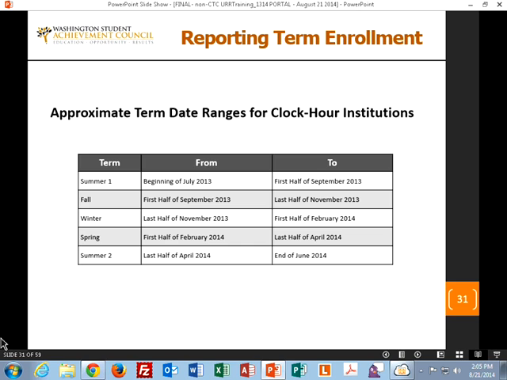If you're a clock hour institution, these are the approximate ranges where we're looking for you to break out the terms into 5 terms. So roughly summer, July through September, and you'll see the other dates here. They're also in the manual as well.